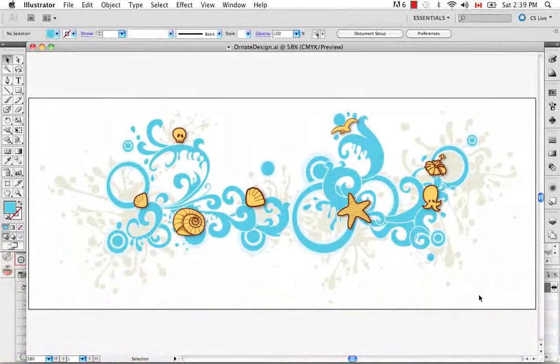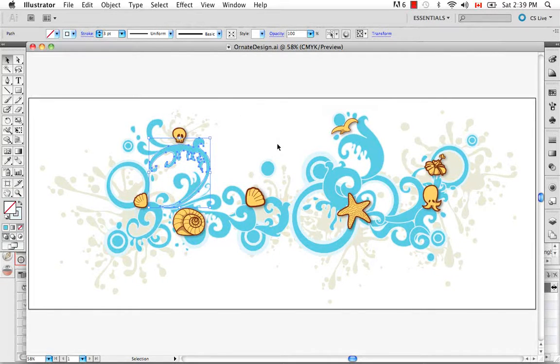Welcome to the tutorial importing Adobe Illustrator files and PDFs. In this tutorial, I'm going to show you how to import those file formats into Animate Pro along with their corresponding color palettes and convert these files into Toon vector graphic files so that they can be manipulated in Animate or Animate Pro. So in this Adobe Illustrator file that I have, Ornate Design,